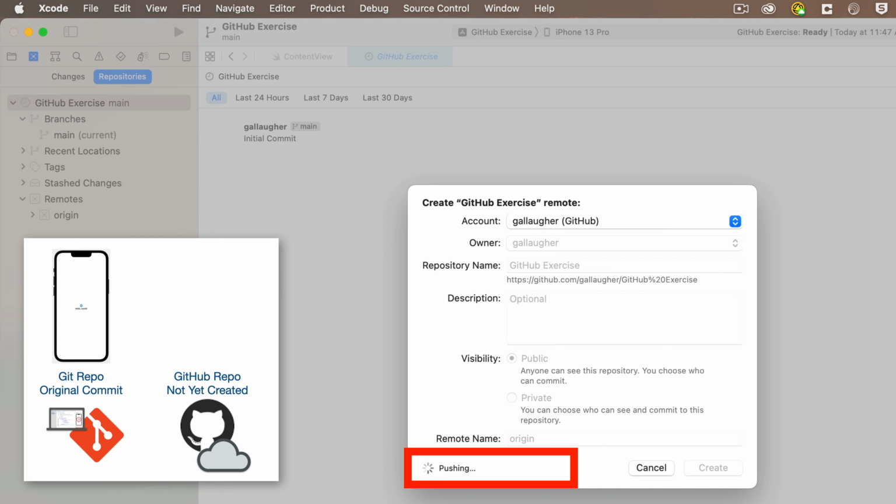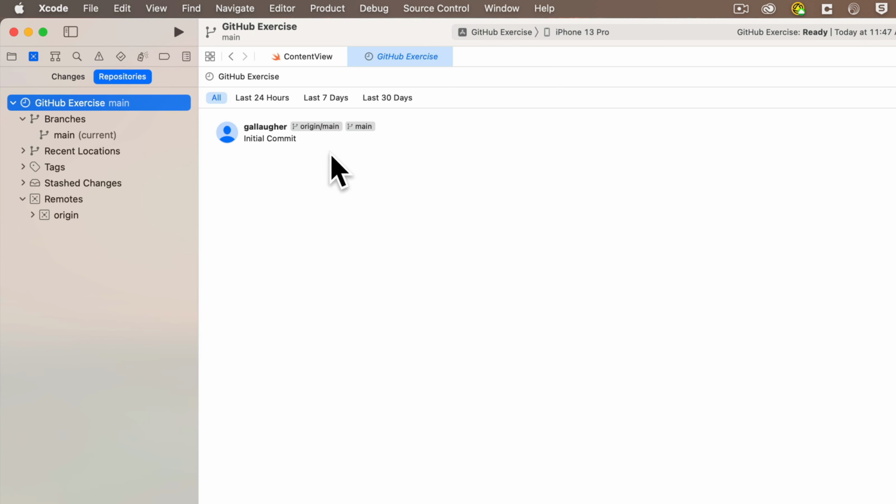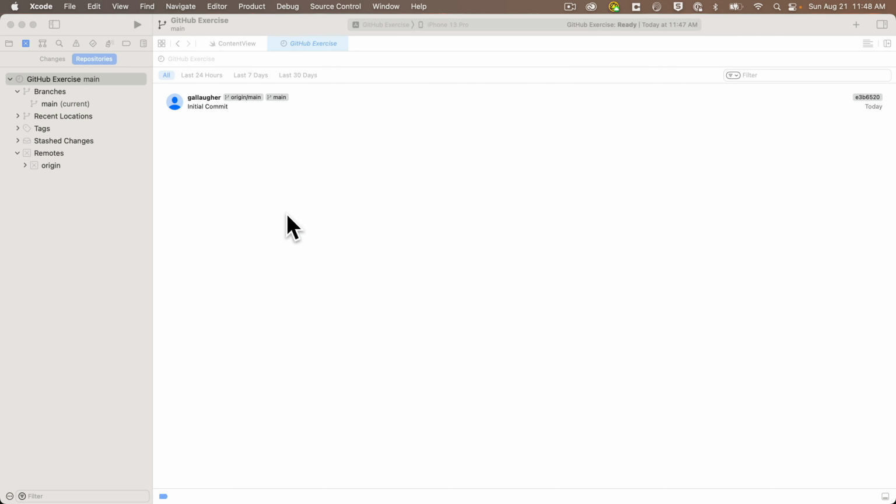Then you'll see a message that says pushing, which means the initial commit on your Mac is being pushed up to GitHub in the cloud, and then we're done. Let's see what we've done. Right-click on GitHub Exercises, select View on GitHub, your browser will open up, and you're at the repo you just